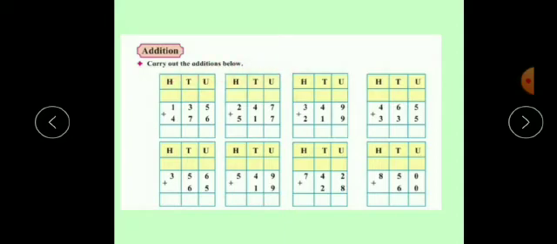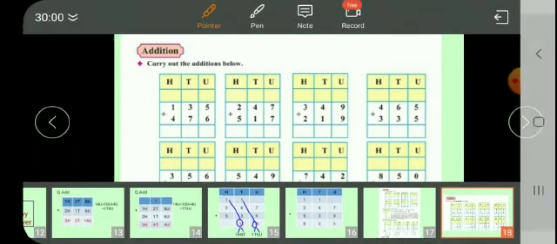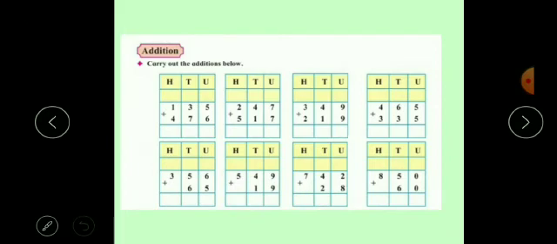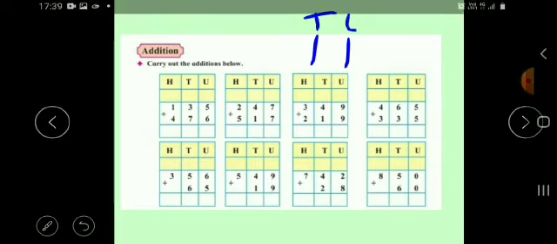Now see the first example. 5 plus 135 plus 476. Now we always start addition from the units place. First add the digits in the units place. Now 5 plus 6. What is the answer? 5 plus 6, we get the number 11. So there are two digits. So keep the number 1 in the units place. Now 11 can be written as tens and units. Okay, 1 at the tens place and 1 at the units place.